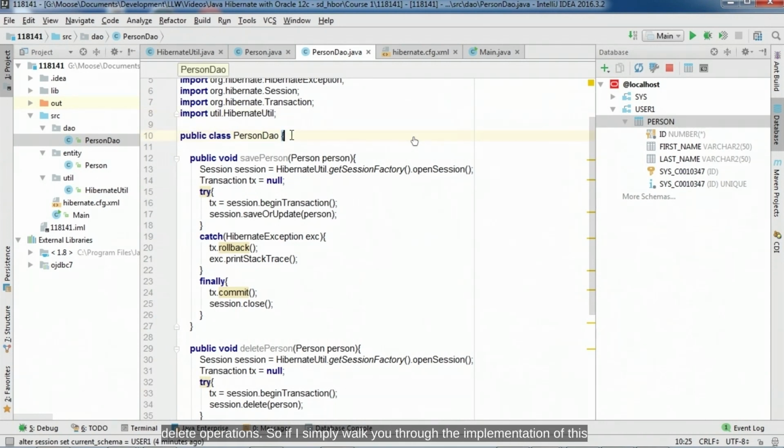So if I simply walk you through the implementation of this class here, I have a savePerson method, which takes an instance of Person. I then start the implementation by establishing a connection. So HibernateUtil.getSessionFactory.openSession. I then start a transaction. So transaction equals session.beginTransaction. And I then pass the person object to a call of saveOrUpdate on the